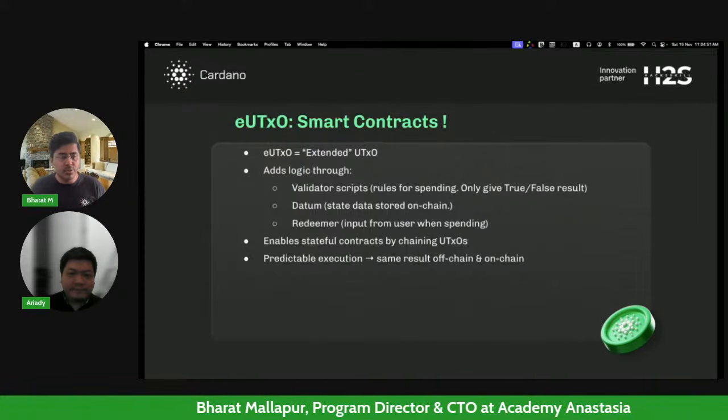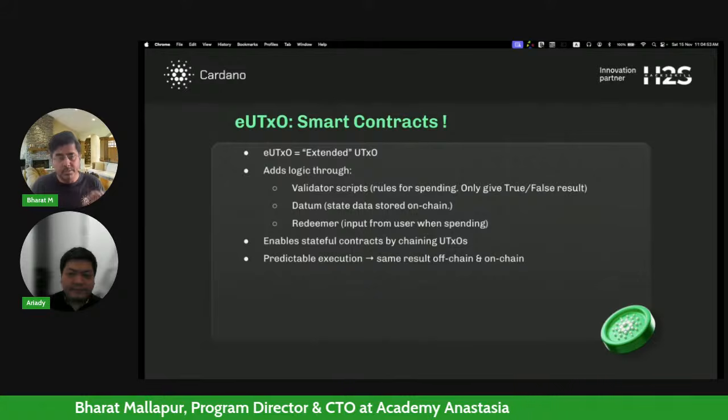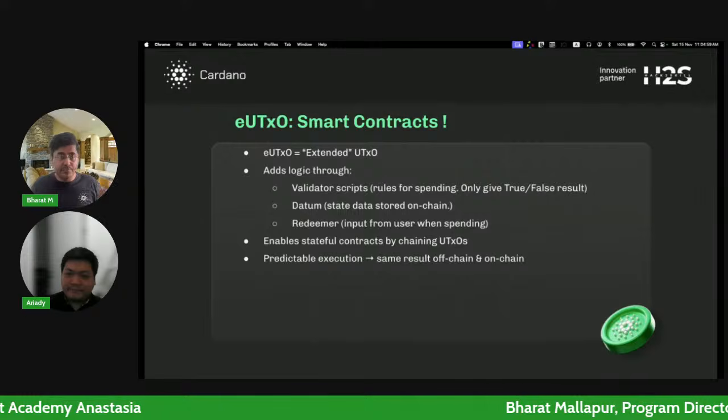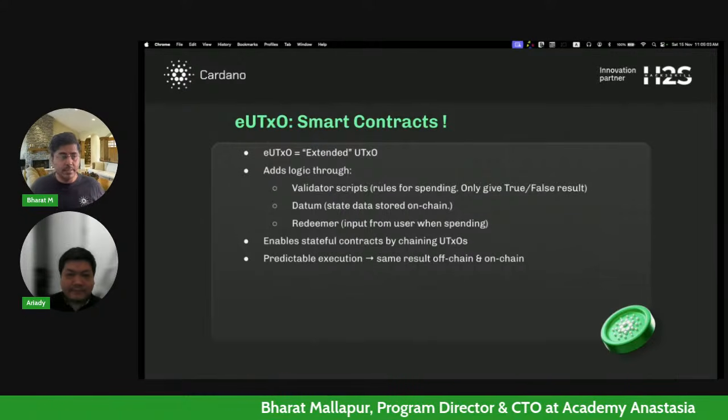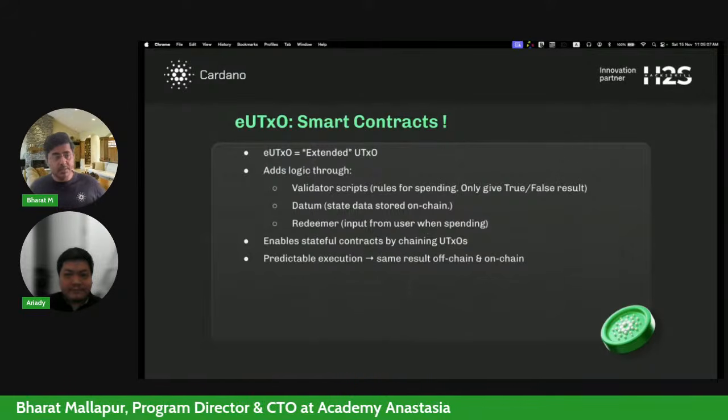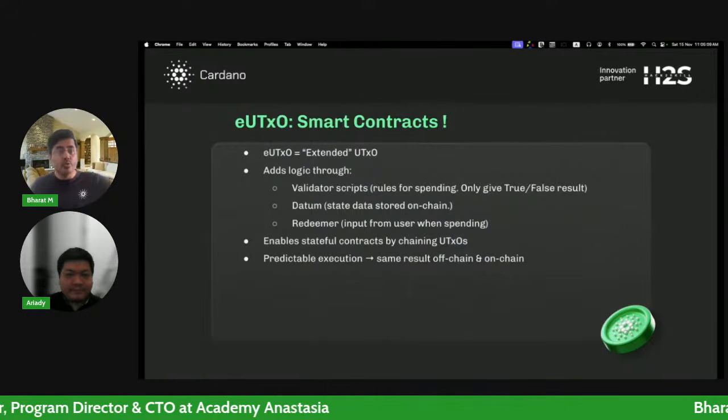There are some situations which are again deterministic and predictable. You can submit a smart contract transaction which might fail, but if you have done your testing on your front end beforehand, right, and then because it is deterministic, if it fails on your side, it is going to fail on the blockchain.